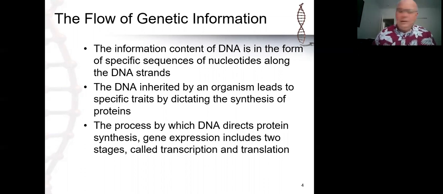And we talk about a flow of information. And this was first proposed in the early 1960s by Francis Crick, when he, in a short paper, outlined what he would refer to as the dogma of molecular biology, that the flow of information in a cell is from DNA to RNA to protein. And this has been the accepted flow of information in cells ever since Crick first proposed this.